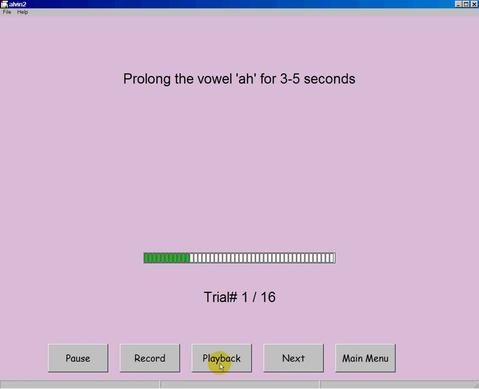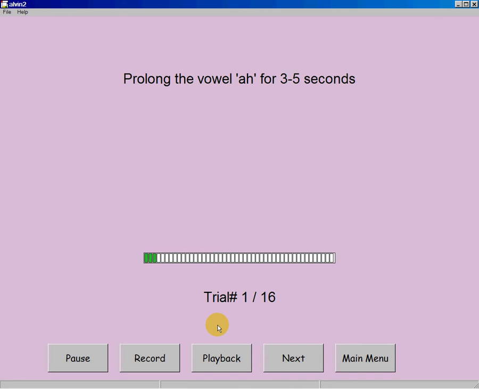I mainly do this so that I can be sure that I have a good quality recording, and typically the first trial or two I always play back just to make sure there's no buzz or some sort of problem with the signal. You can potentially play back every trial after you record it, but it can be a little bit time intensive. So often, once I'm comfortable, I've got my levels right, I've got a good quality recording, then